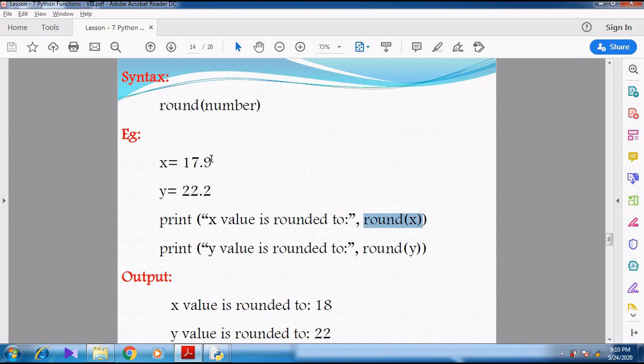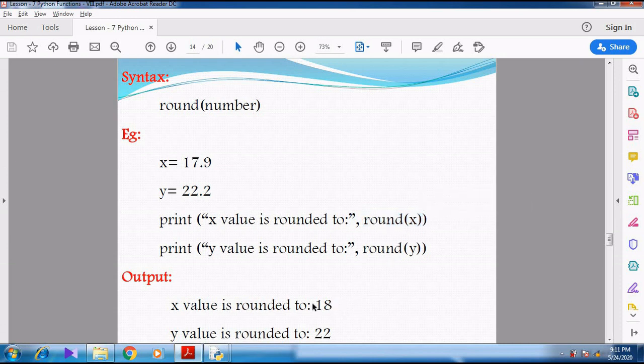For 68.5, that is 68 and a half, what will the teacher do? The teacher will round the number. When you get 68 and a half, your marks will be changed to 69. Like that, here the x value is rounded. So 17.9 is changed to 18.